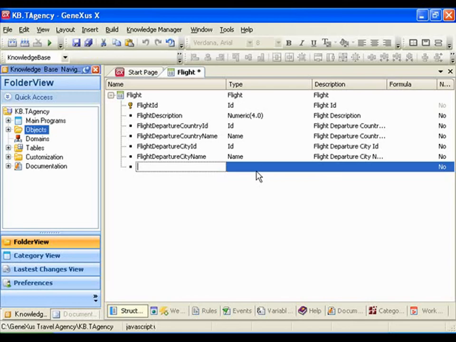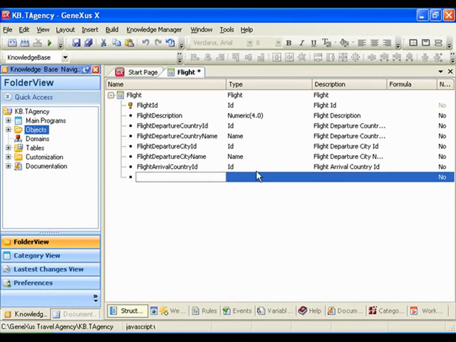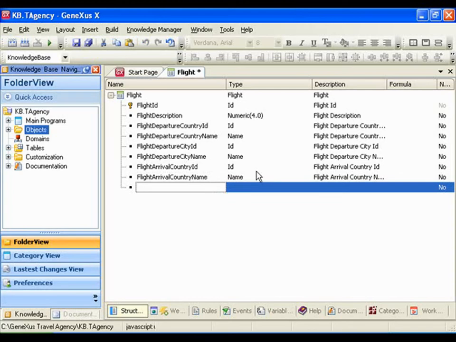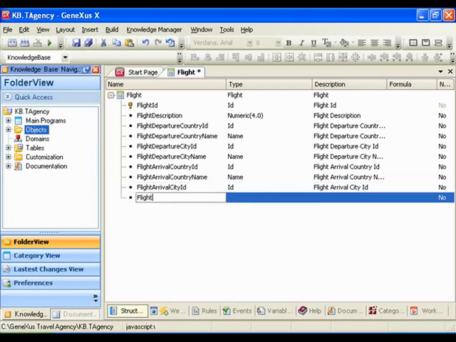And now we'll define flight arrival country ID, flight arrival country name, and also the city information, flight arrival city ID, and flight arrival city name. We save the changes,